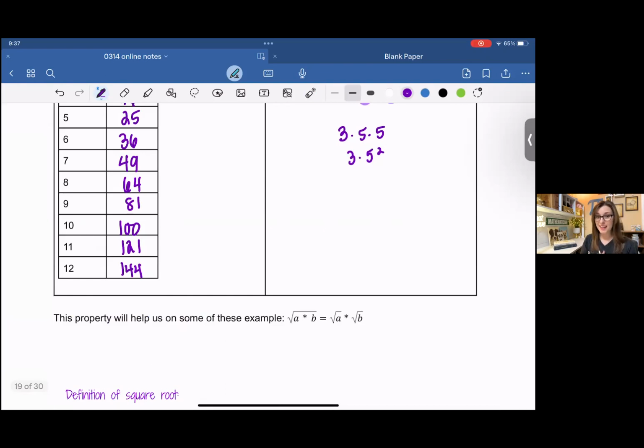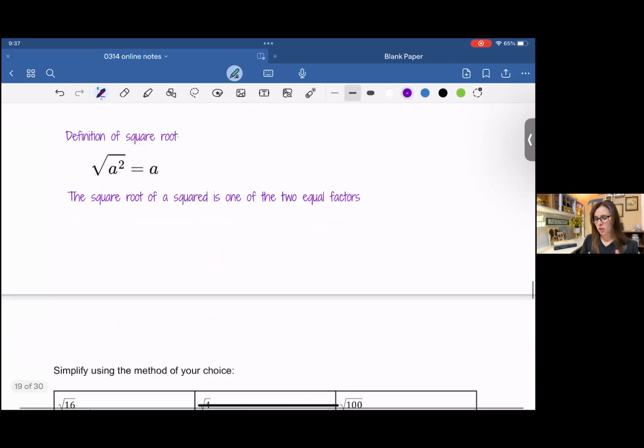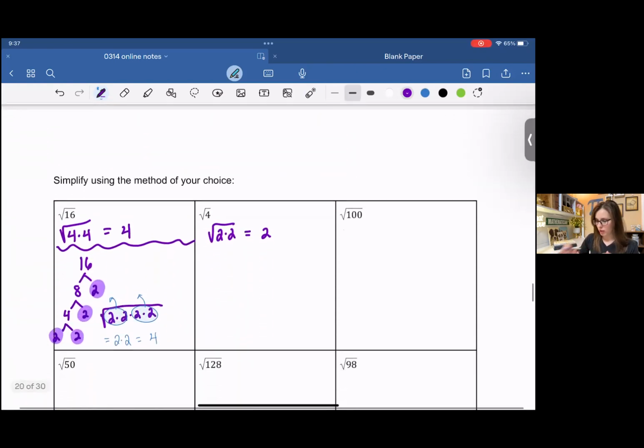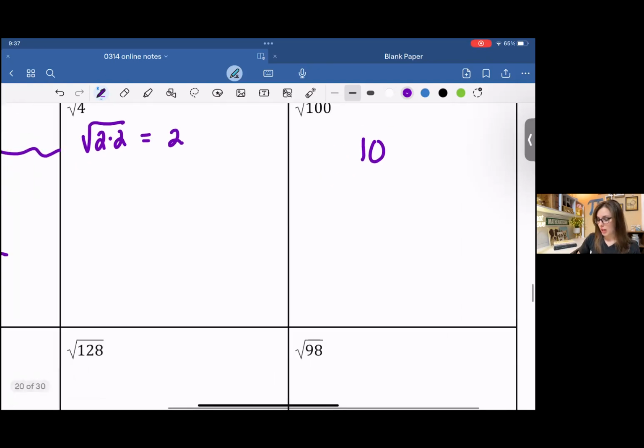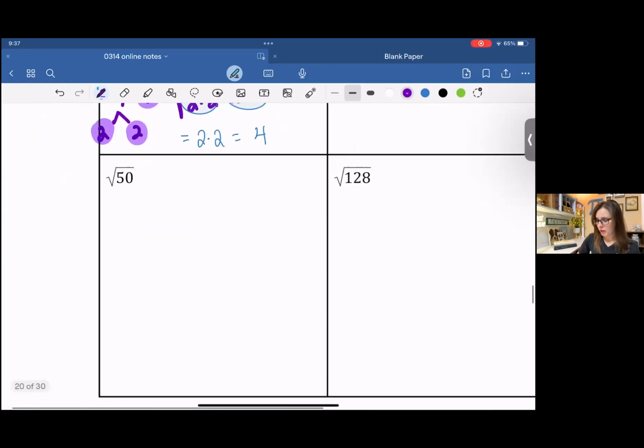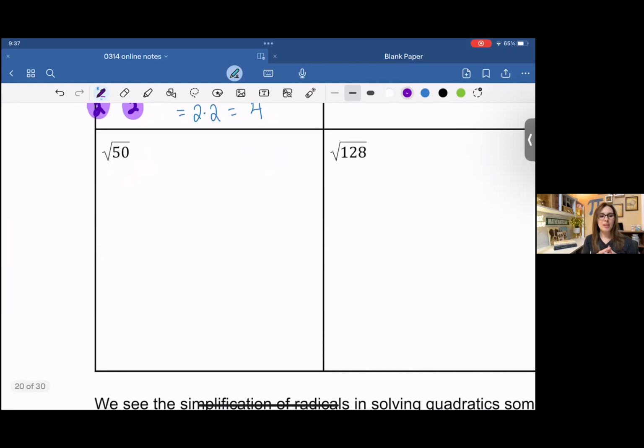Its square root would be 10. Or you can do prime factorization, look for your pairs, pull out one at a time. And we know this is 10. So that one's pretty fast. So really what you're here for, those were really easy. Really what you're here for today is where we have the square root of a number that is not a